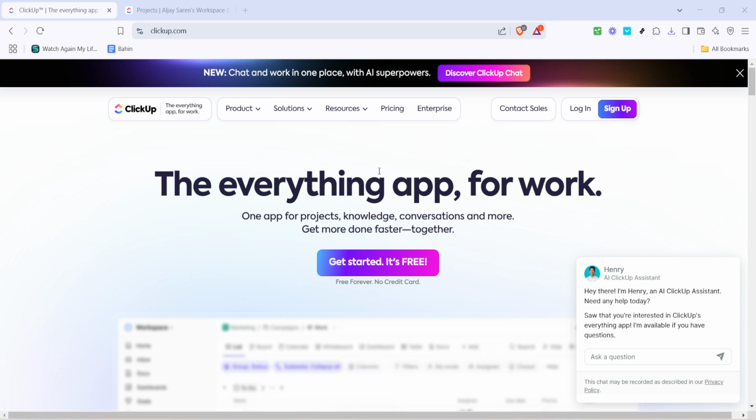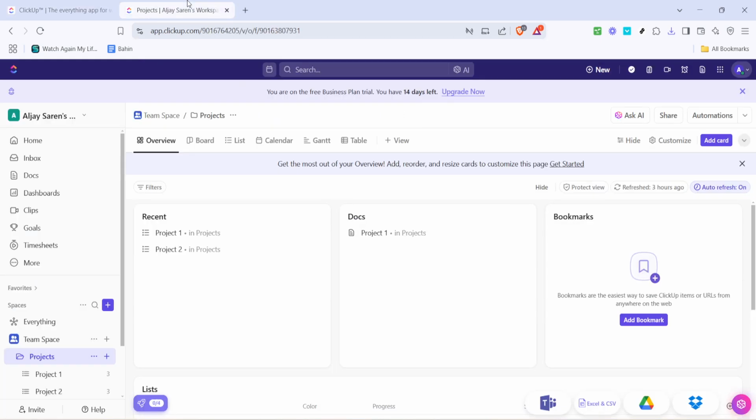Next, you'll want to click on the option to sign in with Google. This is a straightforward method if you've previously connected your Google account to ClickUp. By doing so, you authorize ClickUp to access some of your Google account details, which makes the entire process smoother and more integrated. Once you've signed in, you'll need to select your Google account from the list that appears. If you have multiple Google accounts, be sure to choose the one you use for work-related tasks on ClickUp.